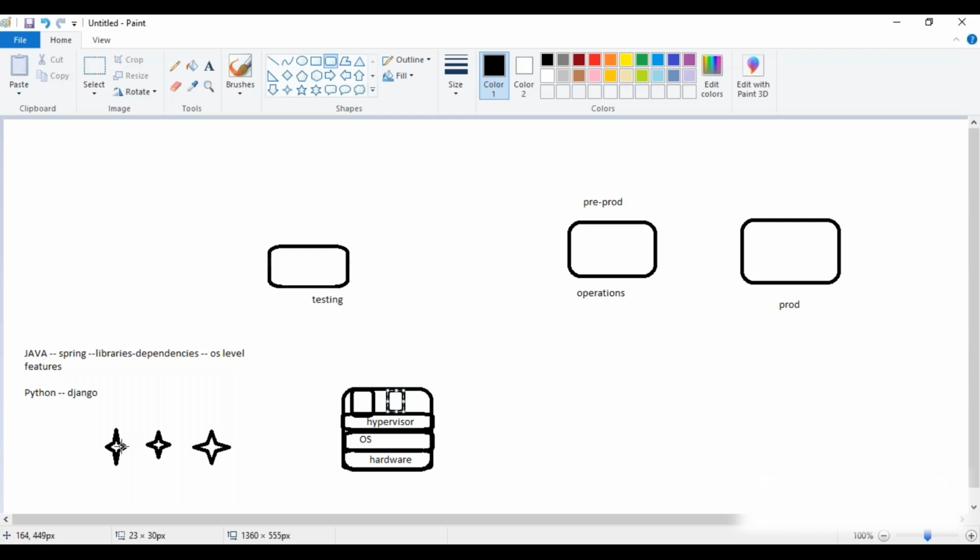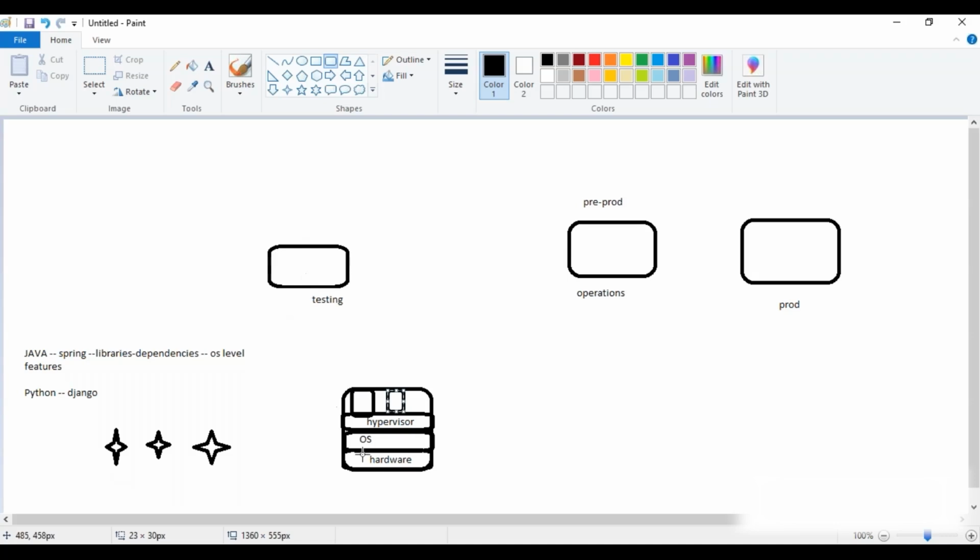So the operating system might contain some configuration, might be some dependencies that you might not be giving here. Only you are giving Java, this application converted into a jar file, and they are going to test it by installing some library dependencies. But you are not giving the operating system, because, for example, this is a Windows machine. You are not going to give your C drive to them to go and test it.